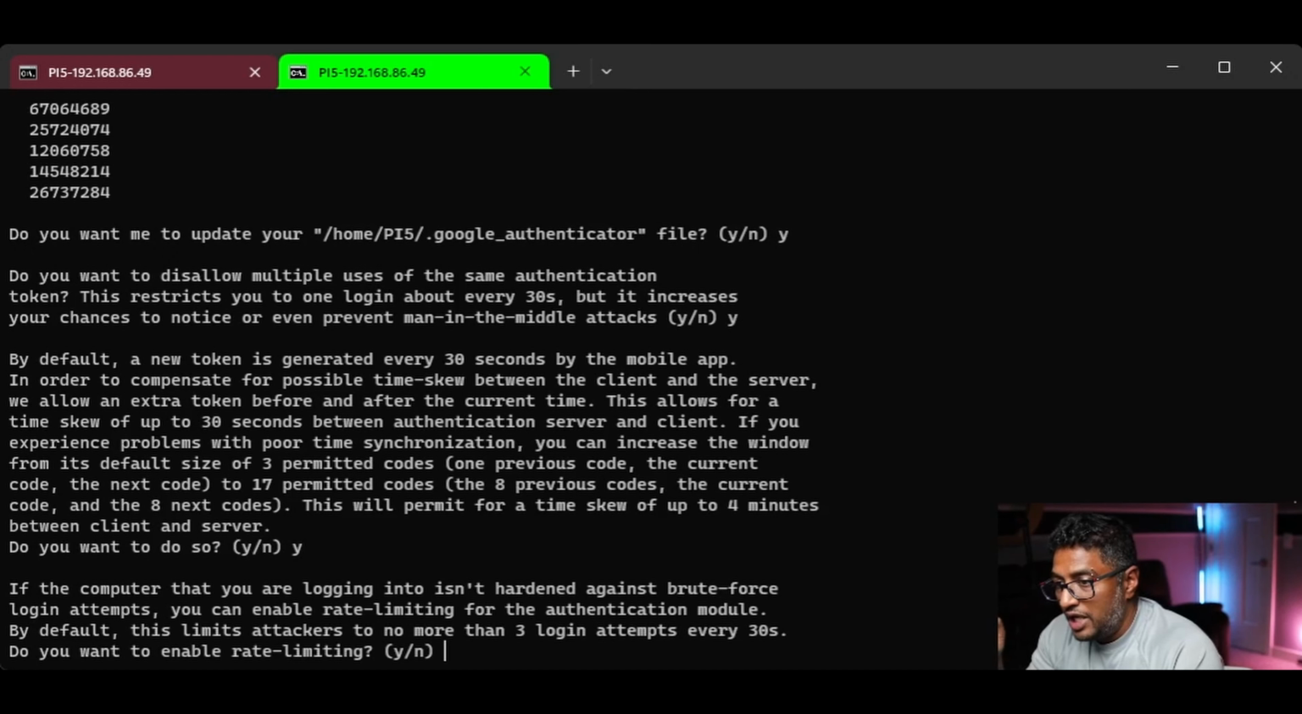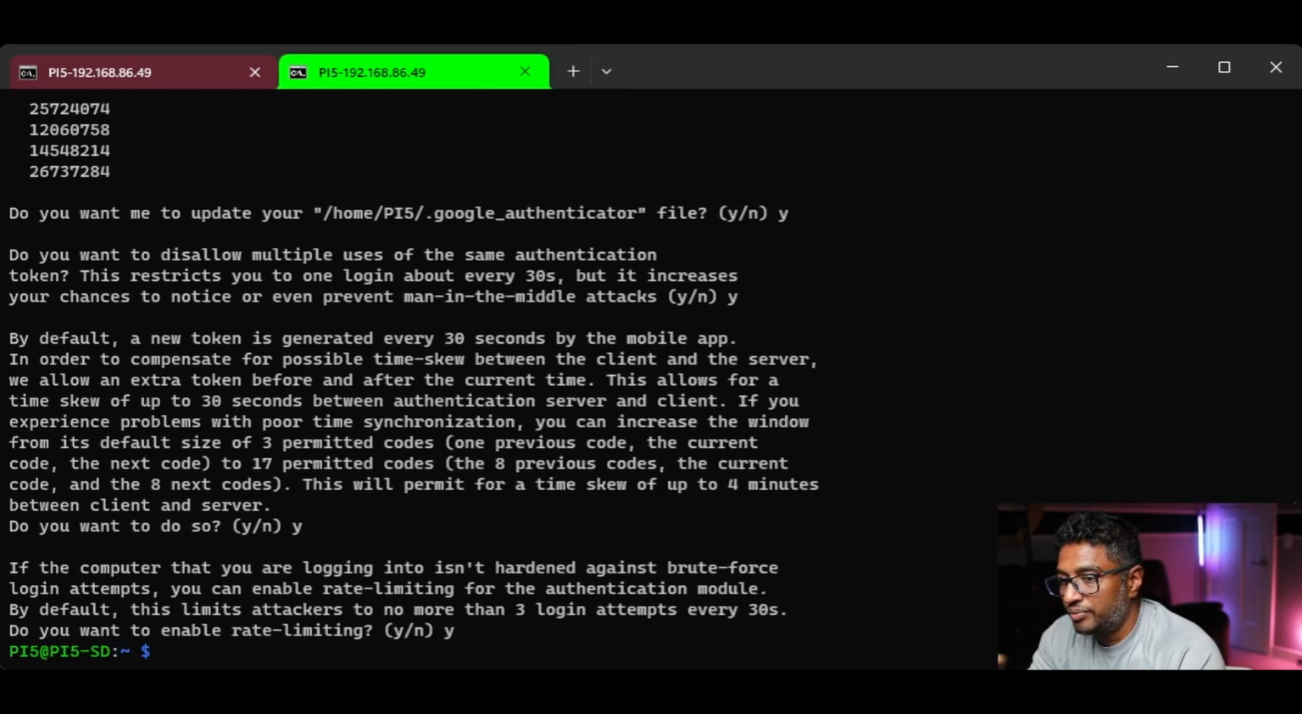If the computer that you are logging into isn't hardened against brute force login attempts, you can enable rate limiting for the authentication module. By default, this limits attackers to no more than 3 login attempts every 30 seconds. Do you want to enable rate limiting? I'm going to say yes. Now we are done. Okay,